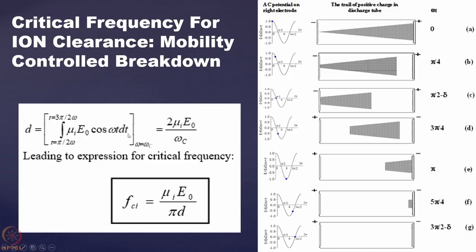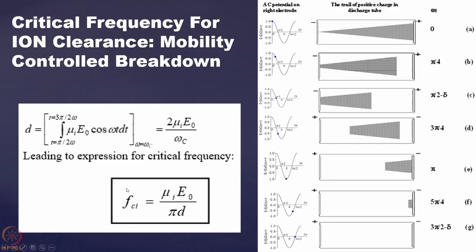We can just see this integration. It is mu 0 E0 by omega, because of this integration you are getting over here, and you put the limits, you are getting this value. So we are finally getting omega c equal to 2 pi f. So this 2 comes this side and 2 cancels. So if you do the proper rearrangement of your terms, then you are getting this fc equal to mu 0 by pi d. So the pi is because of frequency f: omega equal to 2 pi f. Okay, so that is why this pi is coming.